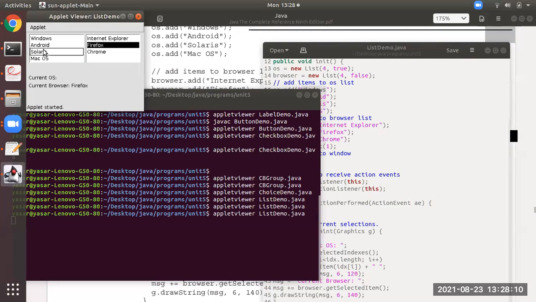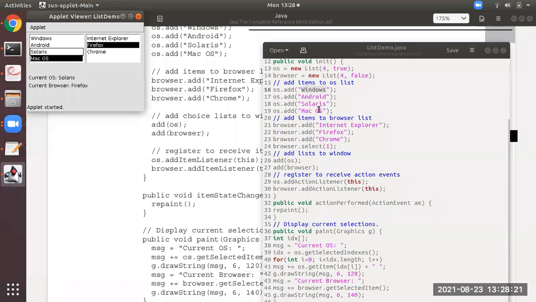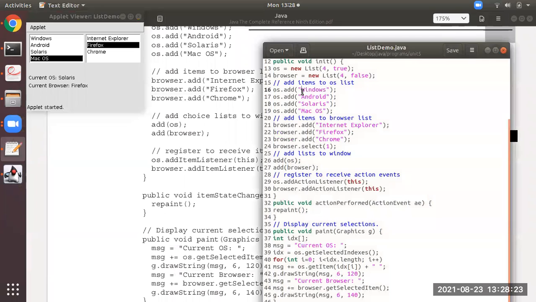See, Solaris is selected. It responded very slowly. So the indexes are, starting from 0, Android is 1, then 2 for Solaris. So getSelectedIndex will be 2, and at 2 it is Solaris.